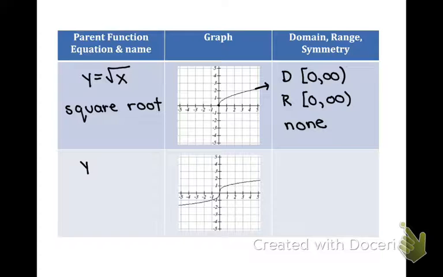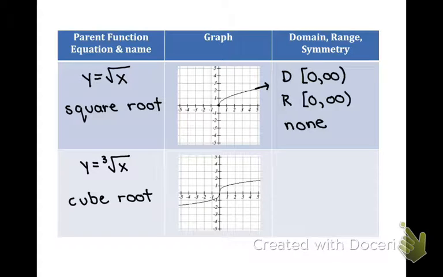Following the square root is my cube root. Makes sense in the order. Now, if you peek back at your y equals x cubed, your cubic function, notice that this looks like the cubic function, but it's on its side, cube root. Kind of like the square root looks like it's x squared, that parabola function, but it's on its side. This one is a function all on its own, so we don't have to worry about just using one half or the other. So this is our cubic function on its side, so we get y equals the cube root